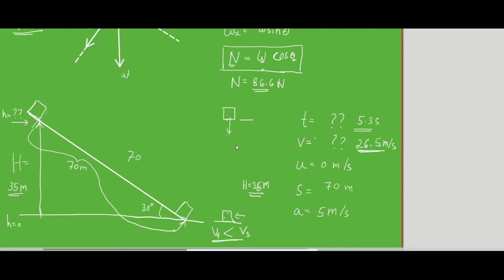Okay, so my question is, even if the acceleration is less, over here the acceleration is 5 meter per second square. The free fall, the acceleration is g, which is 10 meter per second square. Even with more acceleration or even with less acceleration, how is the object getting the same speed? Over here it is 26.5 meters per second. Even here it is 26.5 meters per second. Why is the speed same?